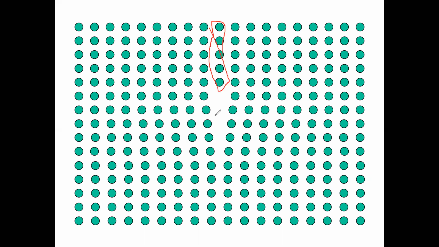And there may be a large number of such identical planes lying behind this one. So the defect site is actually present at the position which is immediately below this extra half plane. So wherever the extra half plane ends, it looks like a line,